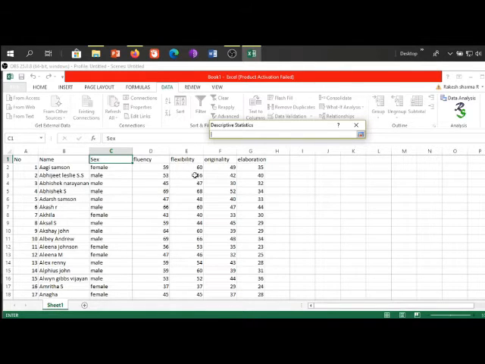You can investigate the function based on a single variable, or you can select multiple variables, that is, all these variables: fluency, flexibility, originality, and elaboration. First, I will show you the calculation based on a single variable. Here, I am selecting the data set of the variable fluency for input range.